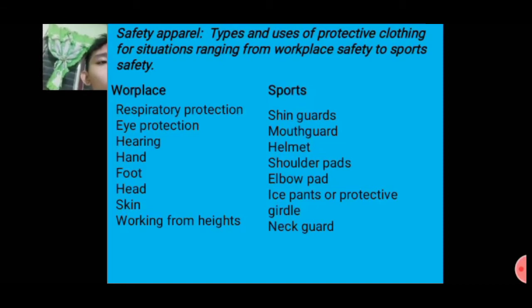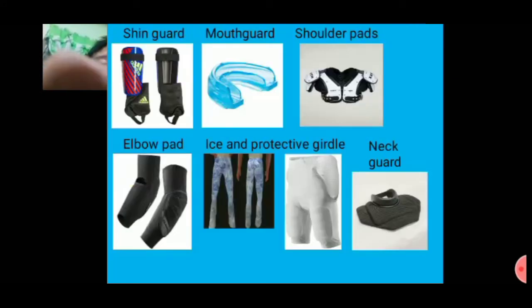We have the shin guards, the mouth guard, the helmet, the shoulder pads, the elbow pad, the ice pants or protective girdle, and the neck guard. So I will show you a picture of the sports safety clothing. You have the shin guard, the mouth guard, the shoulder pads, elbow pad, the ice pants, the protective girdle, and neck guard. So for shin guard, it is typically used in taekwondo, mouth guard in basketball, boxing, shoulder pads in taekwondo,